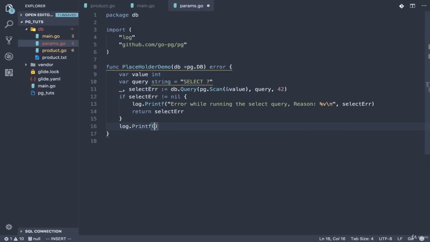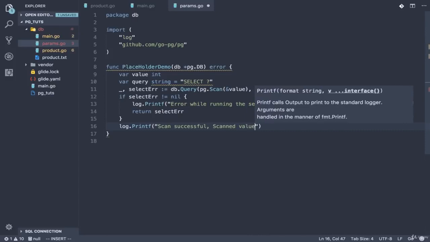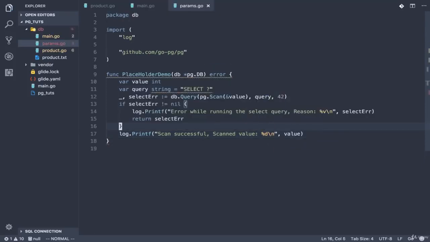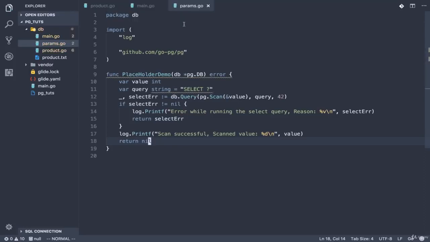I think everything's done. It should just say scan successful, full scanned value. It's integer, so I can write percentage d and value, right? If the query is successful, then we should get 42 as a result, and that's it, works. So I need to call this function